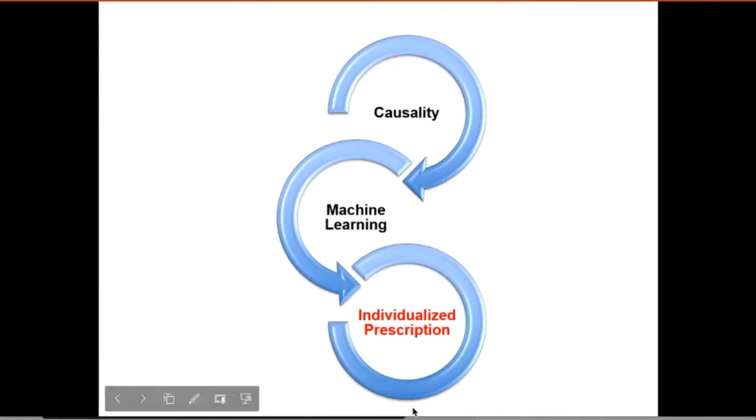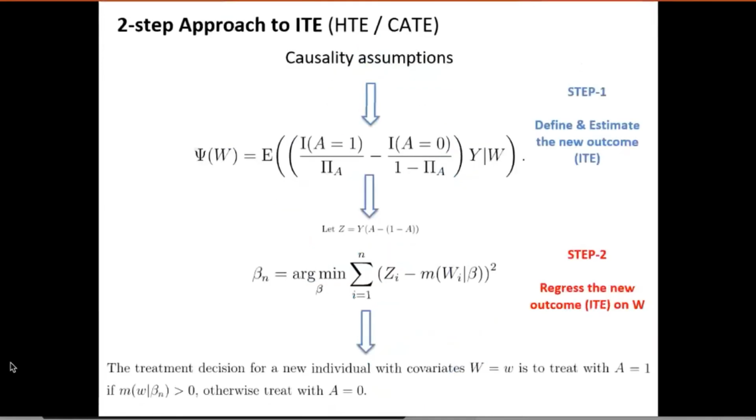The other thing that we wanted to do, based on this project on steroids, is really to move the needle a little closer to a situation where we could help the clinician take the best possible decision at the bedside for a specific patient. That's where we wanted to leverage the theory of causality as well as machine learning to come up with individualized prescription rules. Next slide.